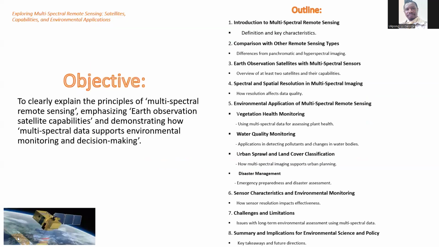The objective of this presentation is to clearly explain the principles of multispectral remote sensing, emphasizing Earth observation satellite capabilities, and demonstrating how multispectral data supports environmental monitoring and decision making. The outline of this presentation is shown there on the screen. It's supposed to be a 5 minutes presentation, so a lot of things will be skipped, which you can read